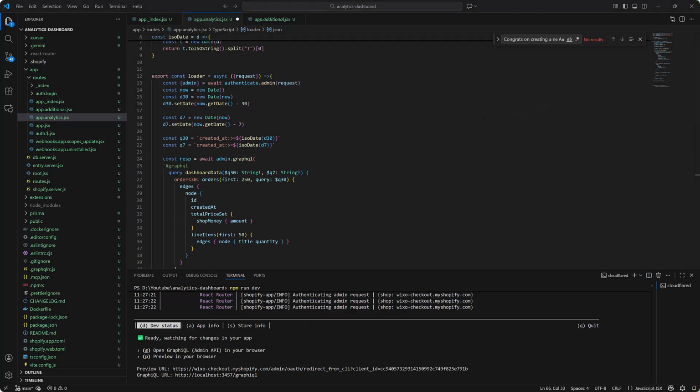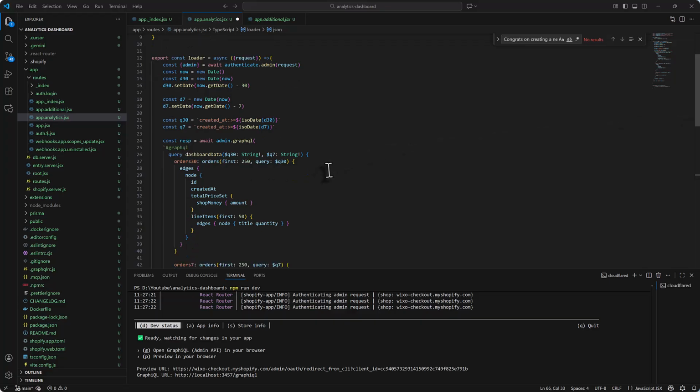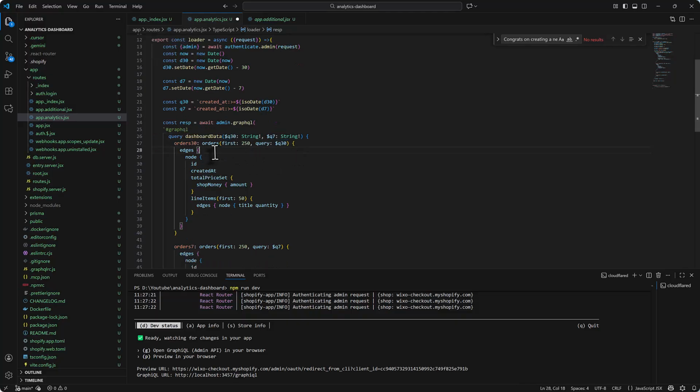And as you can see, we have a response, await admin.graphql query. In this query we have this function dashboardData, and we pass the q30 and q7 strings, and we are